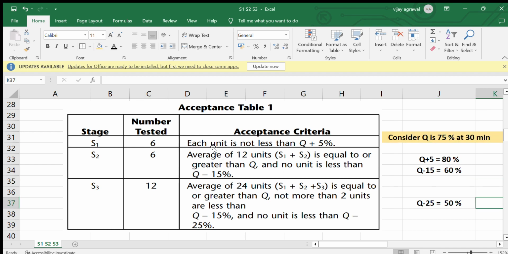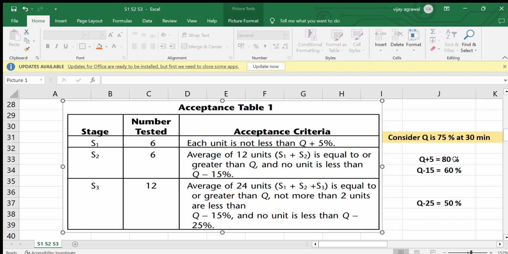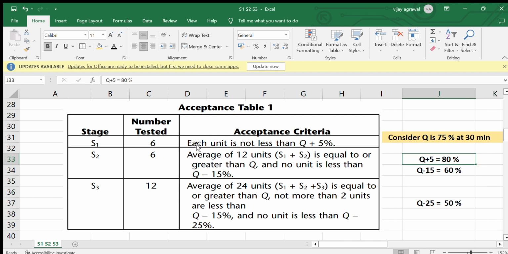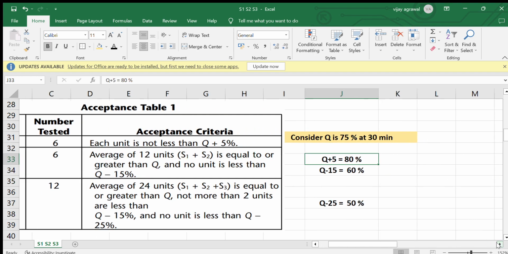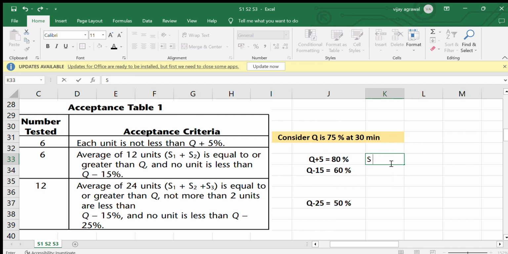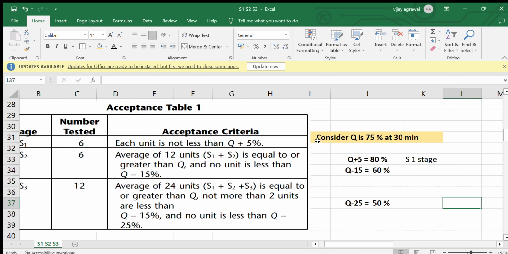Now what the S1 stage is telling us: each unit is not less than Q plus 5. Now your Q is 75% and this S1 stage is saying Q plus 5, that means 80%. So if each of the units is at least 80% or above, that means you are passing the S1 stage. If your dissolution is not at 80, then you have to go to